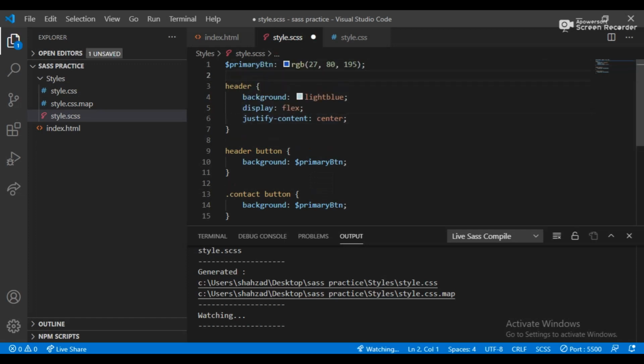Here I am declaring another variable for the text color. We just need to add this text color anywhere, in any content, any paragraph. So I am just copying the text and pasting it here.